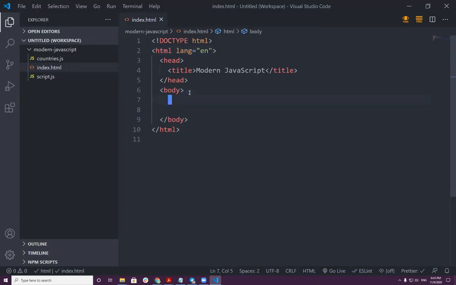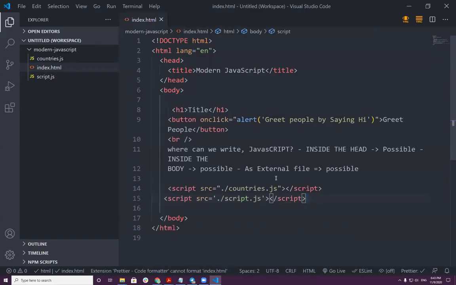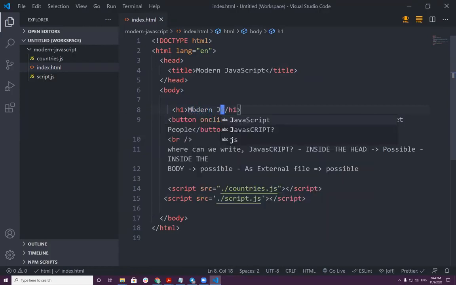We can write JavaScript code in the head or inside the body. And finally, we decided that the best place to write your JavaScript will be inside the body. This just says title, but I don't know why we even called it title. Because it is inside H1, we write, let's say, Modern